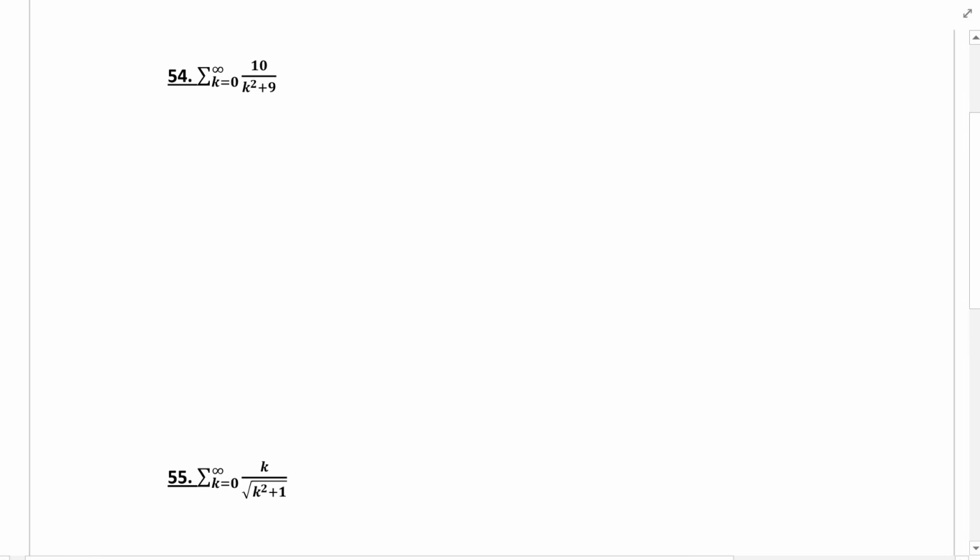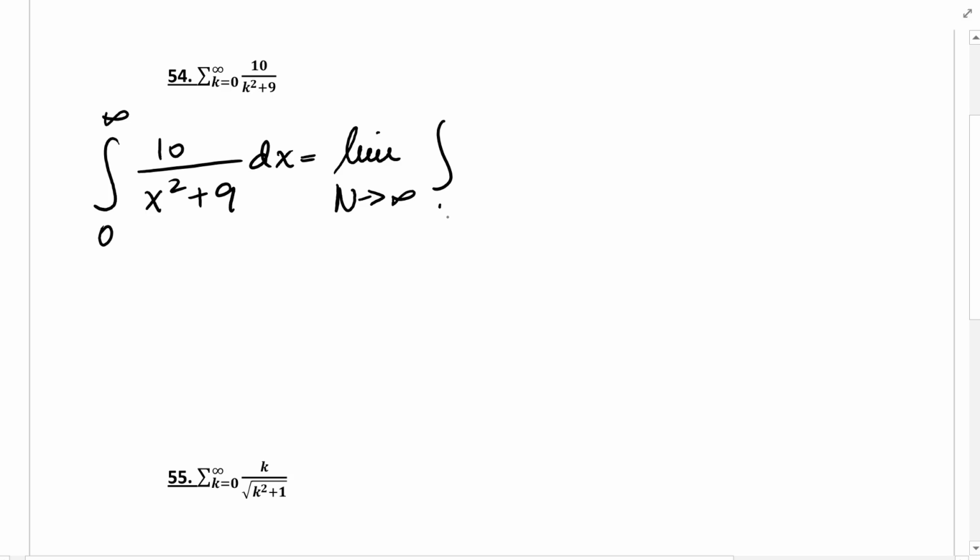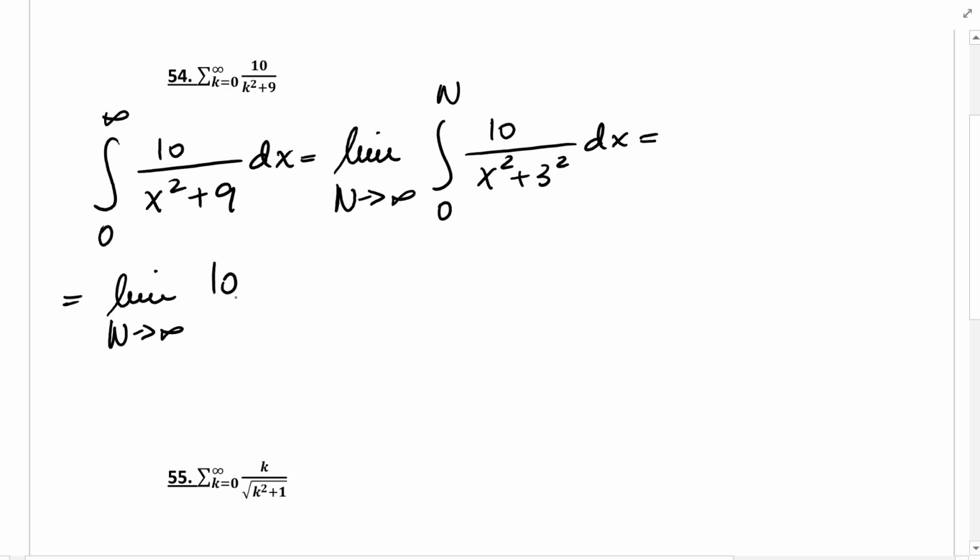Let's take a look at a couple more problems. Here again we have to decide if it converges, and we have to use our own method. What I'm going to do is use integration. So this one is the integral test. It's the integral from 0 to infinity of 10 over x squared plus 9 dx. So the limit as n approaches infinity of the integral from 0 to n of 10 over x squared plus 3 squared dx. 10 comes in front, and so we get the limit as n approaches infinity of 10 times